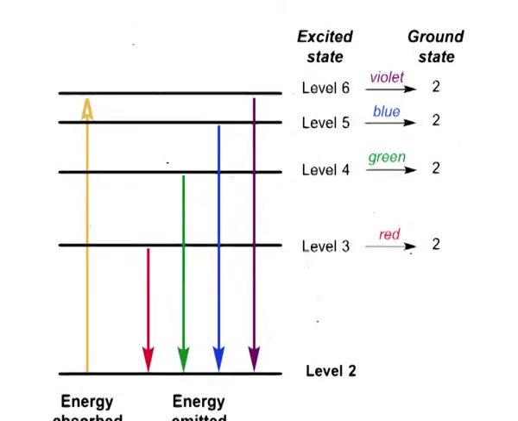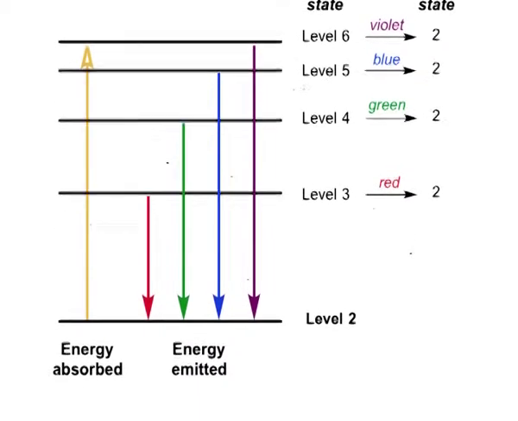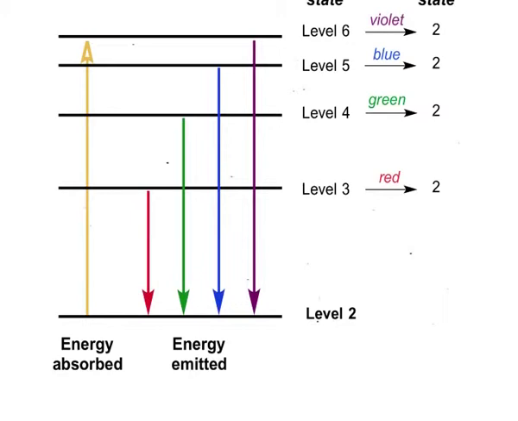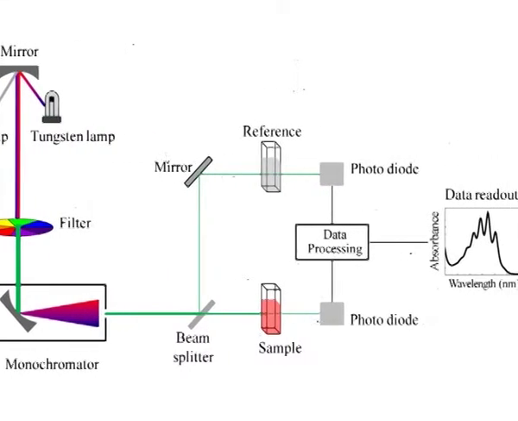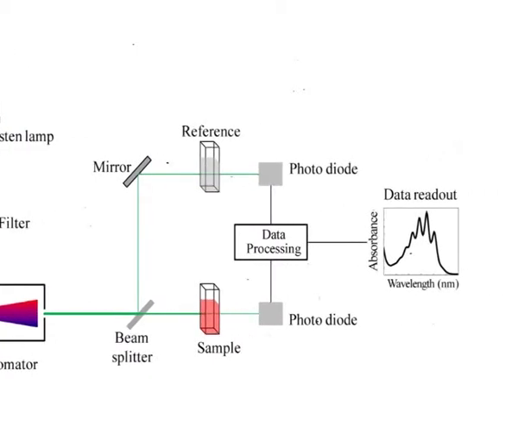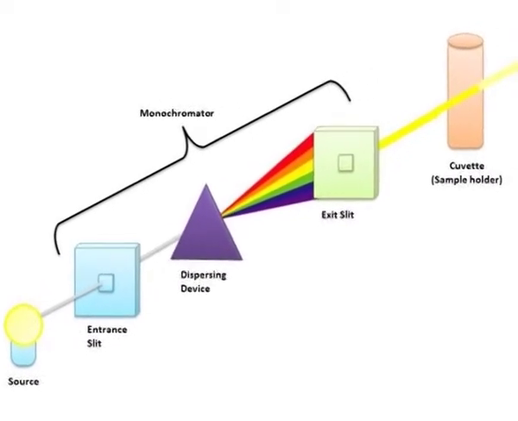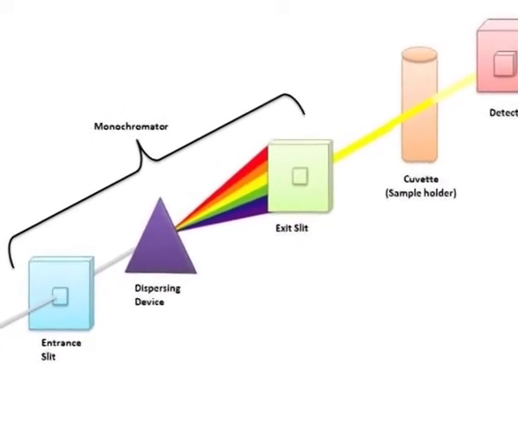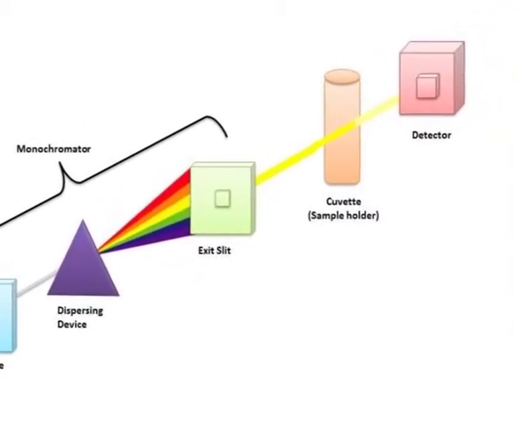The electrical excitation of deuterium or hydrogen at low pressure produces a continuous UV spectrum. Both deuterium and hydrogen lamps emit radiation in the range 160 to 375 nanometer. UV visible spectrophotometers have both deuterium and tungsten lamps. Selection of lamp is made by moving the lamp mounting or mirror to cause the light to fall on the monochromator.